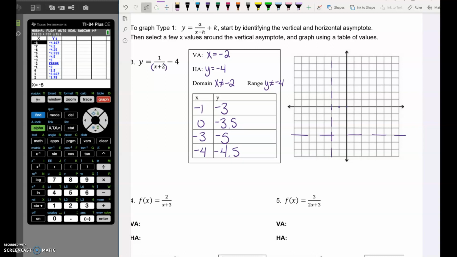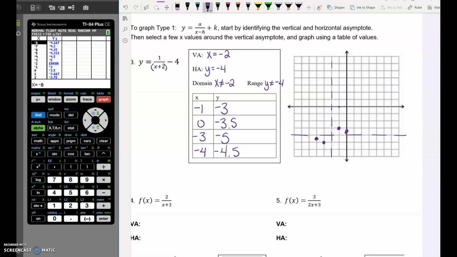Now you can graph more points than this, but we would start with -1, -3, 0, -3.5. I'm being climbed on at the moment. That's why that point looks so crazy. And the point -3, -5, and -4,